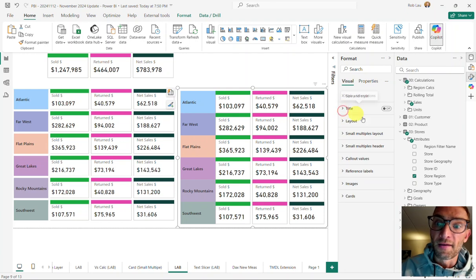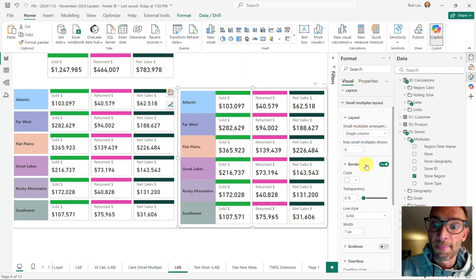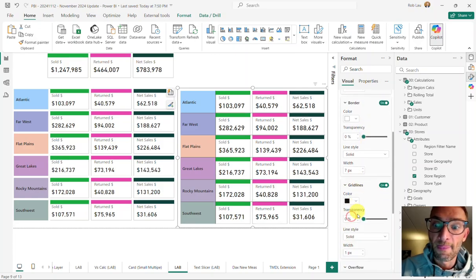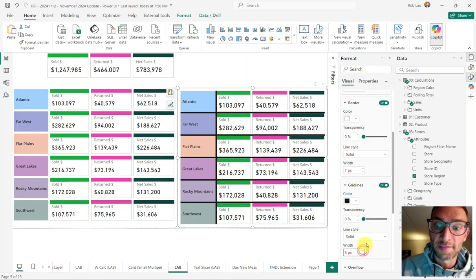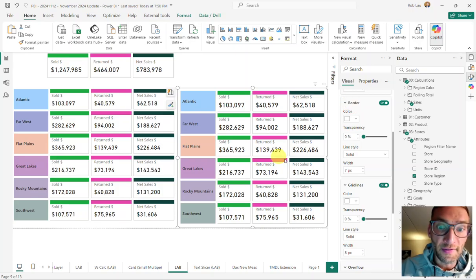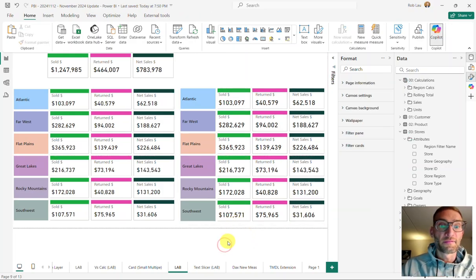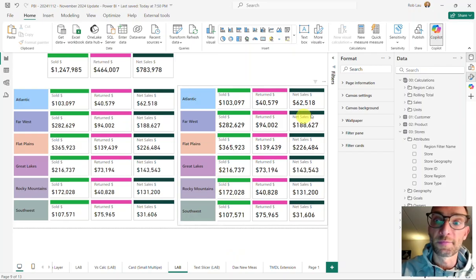So again, when we're looking at this layout, we want the small multiples layout, the border, good, grid lines. Let's get these things going too, make these white. Now you can see we kind of have that spaced situation going here, how that looks good. And you can really start to tweak out the visual as you see fit. Again, it's pretty awesome how you can quickly do this stuff, playing with the small multiples, but these are the